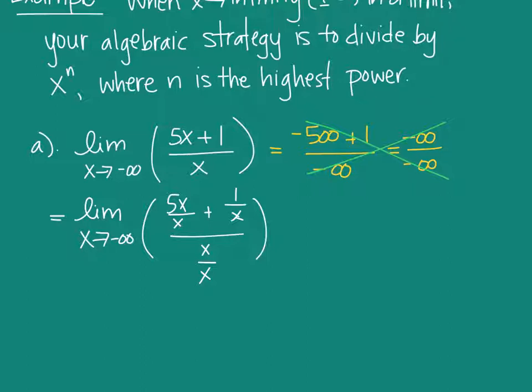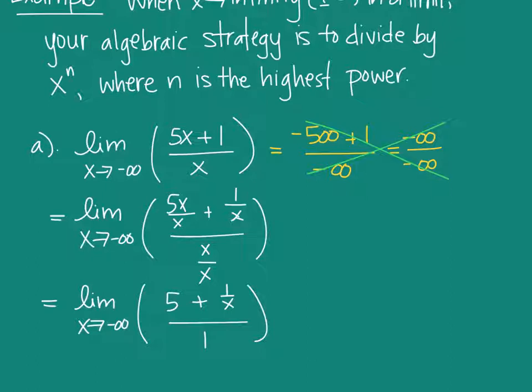All right, now I'm going to reduce, simplify. So I'll have the limit as x approaches negative infinity, and in parentheses, what's 5x over x? 5 plus 1 over x over, my denominator is now 1. Because anything over itself is 1 as long as it's not 0 or infinity. Now we can plug infinity in. Oops, I lost a negative. It's not just x approaching infinity, it's x approaching negative infinity.